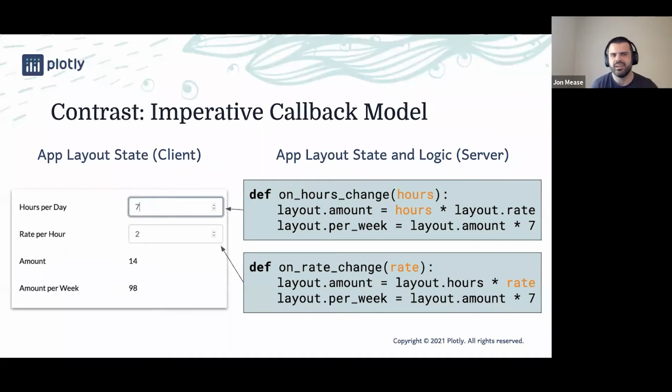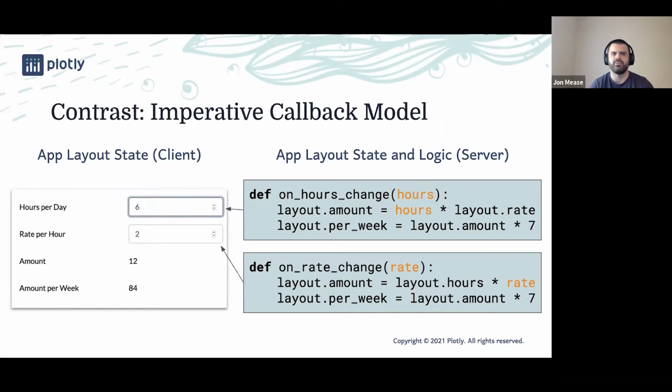To help put this all in context, I wanted to just compare the reactive callback model to a somewhat more common, we're calling it imperative callback model. So here's how this app might be structured if we're implementing a framework that uses imperative callbacks. Here, the callback functions are registered to execute when a particular input value changes. So instead of returning a value, these callback functions use this changed input value to imperatively update other fields in a layout object. These updates can involve both the changed value, but also involve looking up existing values